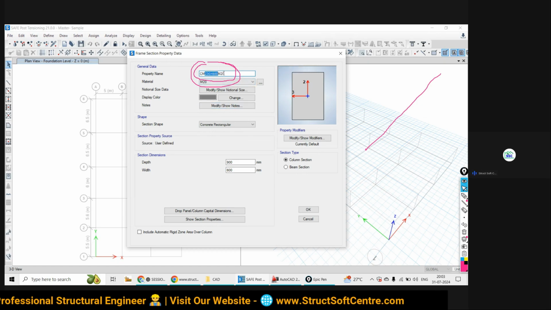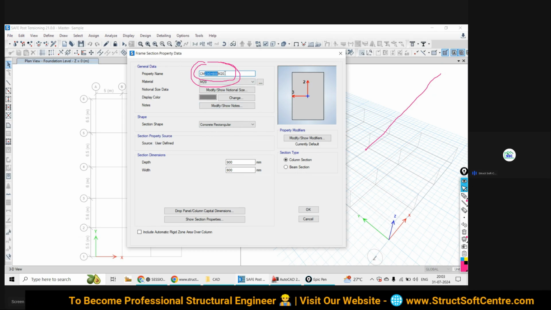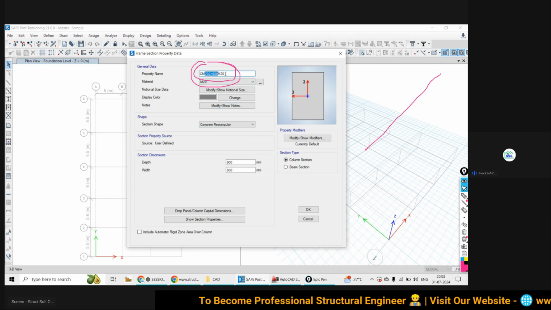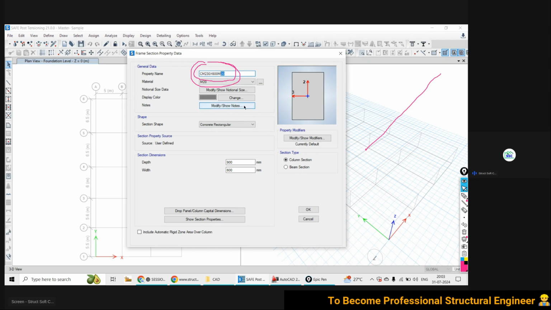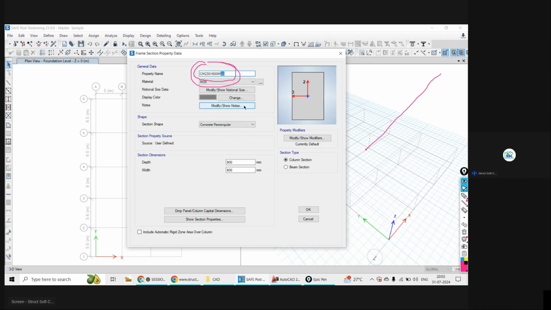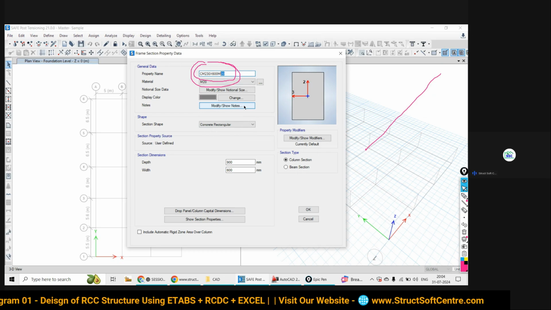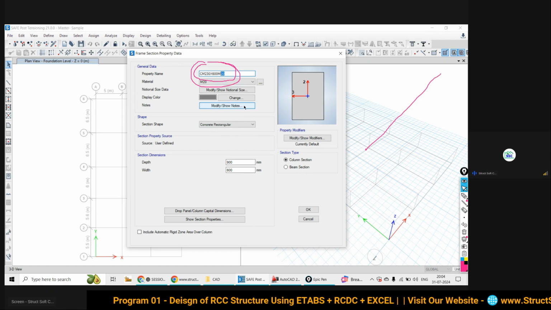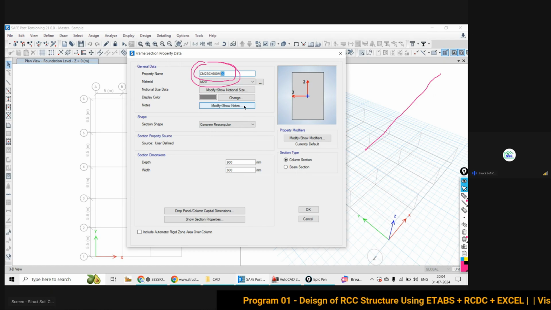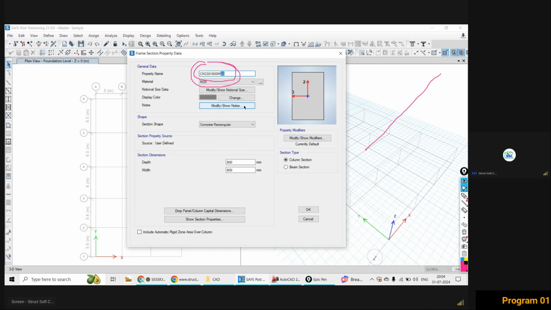Plus you also come to know what grade of concrete has been used. Suppose you are dealing with a project where multiple grades are in use. एक ही प्रोजेक्ट में आप M20 भी यूज कर रहे हो, 30 भी यूज कर रहे हो, 40 भी, फॉर एन एग्जांपल. So some sections with M20 grade, some sections with M30 grade, some with M40 grade. तो आपको यहीं से पता चल जाएगा by just looking at the name of the section कि वो section किस material से बना हुआ है. Clear? So this is my practice to write the name of this section.